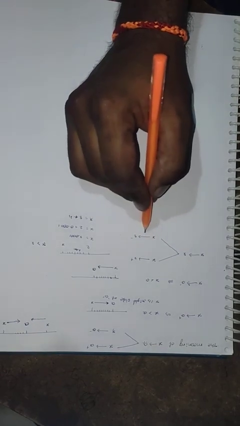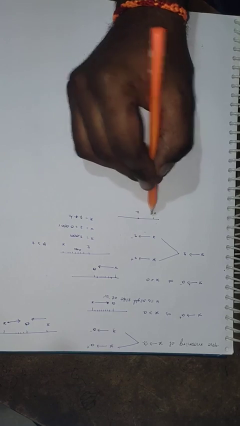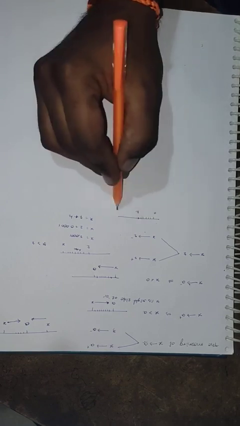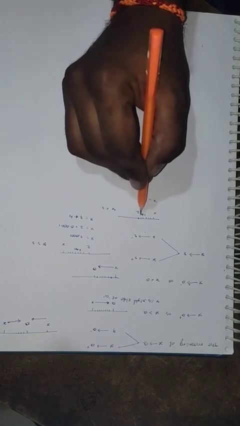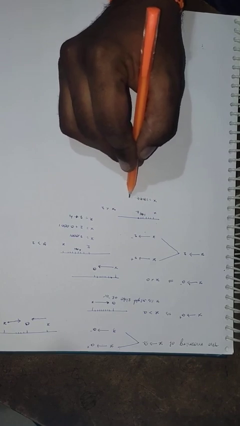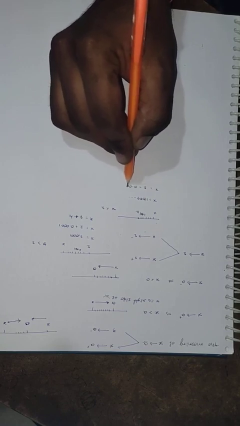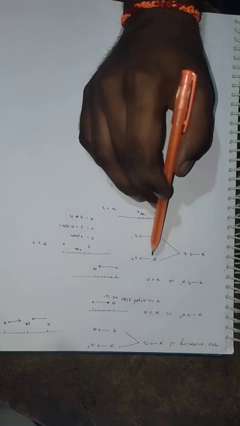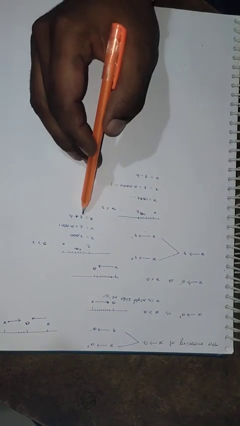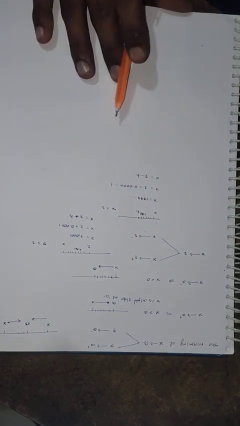In the same manner, for this one, the number is 2 and x is on the left side. So definitely the x value is less than 2. Suppose x is maybe 1.999 like this. So you can write x is equal to 2 minus 0.000 something, so 2 minus some quantity h. So x tends to 2 plus, we can write as 2 plus h. If x tends to 2 minus, we can write x is equal to 2 minus h.